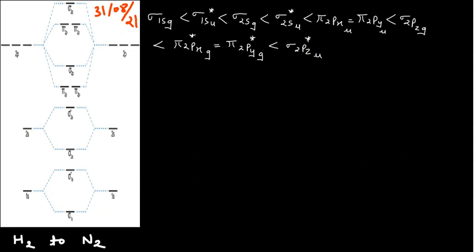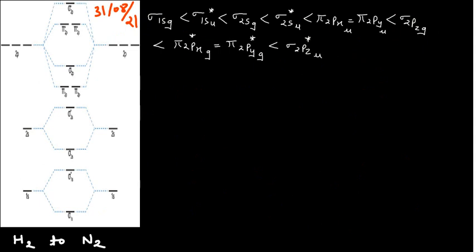So first of all, you should remember that point, guys. Whenever you are determining the molecular term symbol for any diatomic molecule, you must know the basic molecular orbital theory. If you don't know the energy order of the molecular orbitals, then you will never be able to determine the correct molecular term symbol.